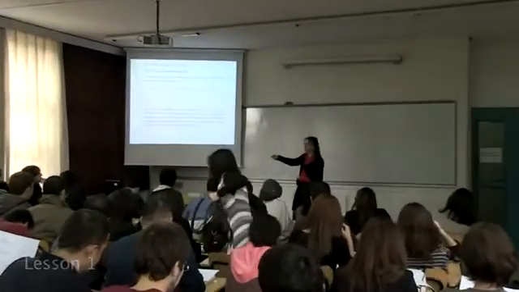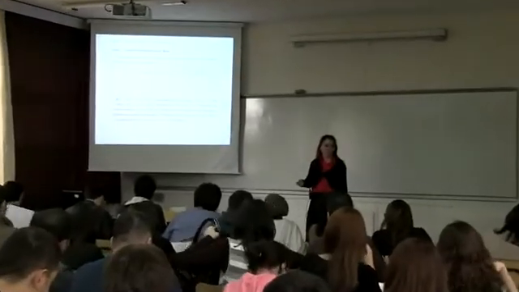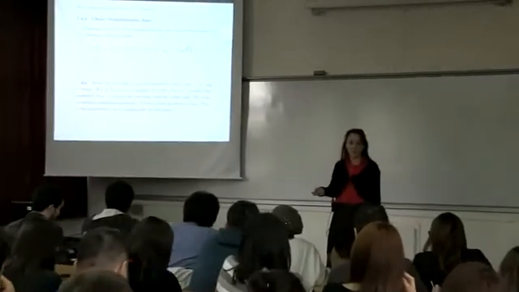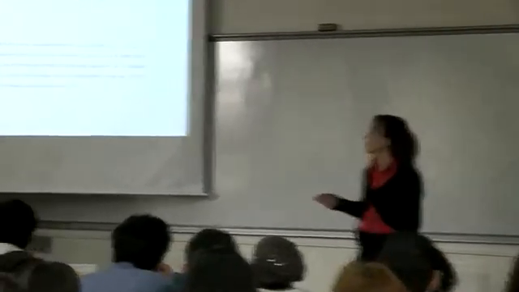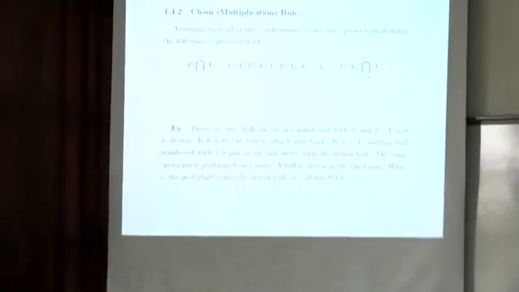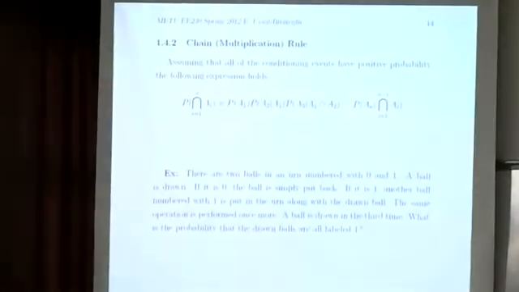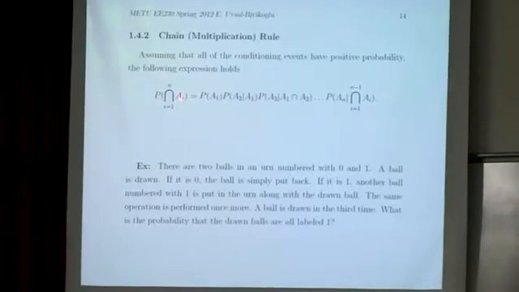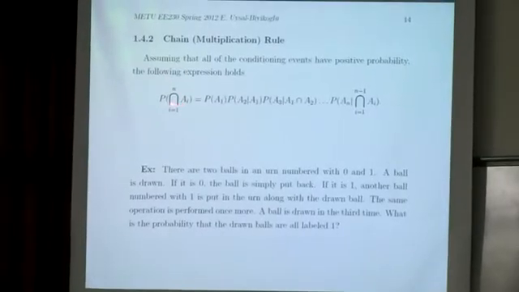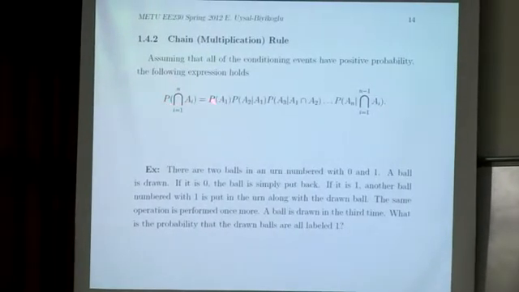A1, A2, A3 through AN. Okay? Different events defined in the same sample space. And we are interested in the probability of all of these events happening. Okay? The probability that all of these events happen can be found by multiplying the probability that the first event,